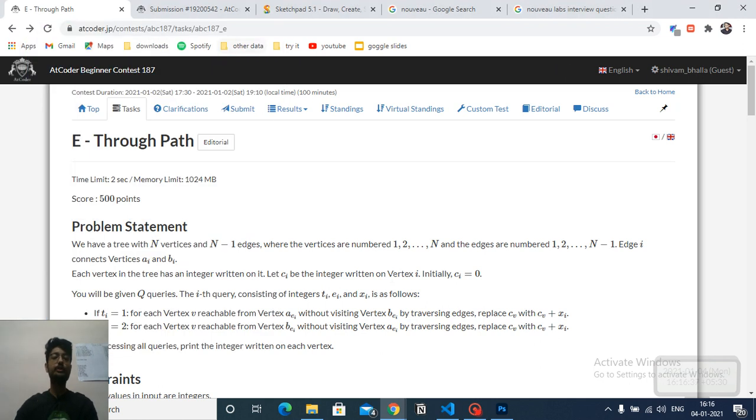Hello friends, so today we're going to discuss the fifth problem from the AtCoder Beginner Contest 187, problem name Through Path. I'll first go through the whole question, then we're going to discuss the tutorial and then the code itself. The problem statement states that we have a tree with n vertices and n-1 edges,